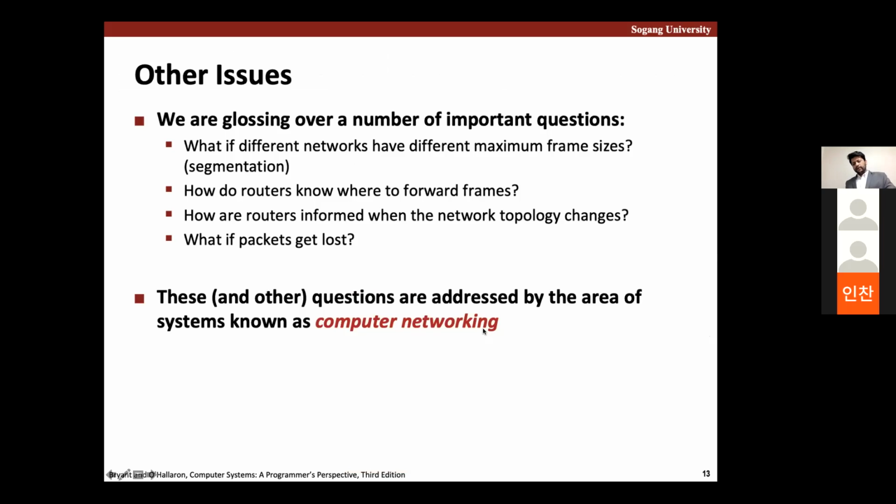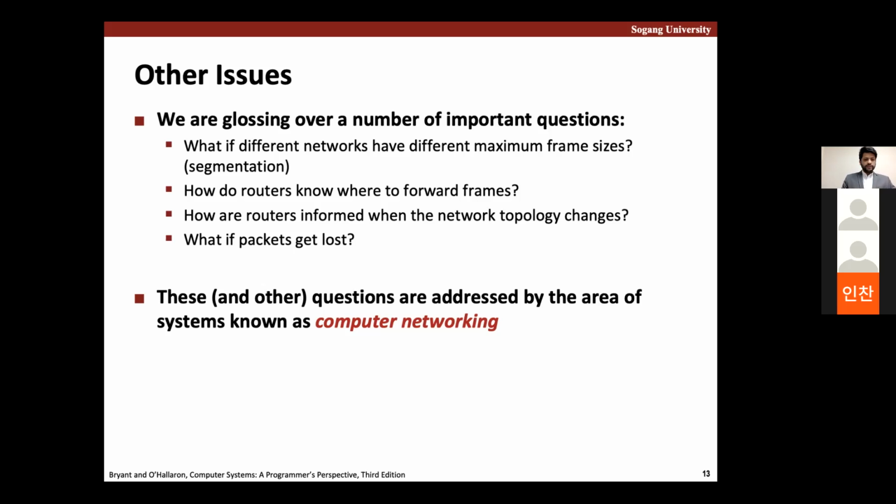So we are ignoring a bunch of important issues and questions. For example, we are glossing over what happens if different networks have different maximum frame sizes, the packet differences. Due to these, there are a lot of segmentation issues that you can face when you're doing network programming. And how do these routers know where to forward the frames,